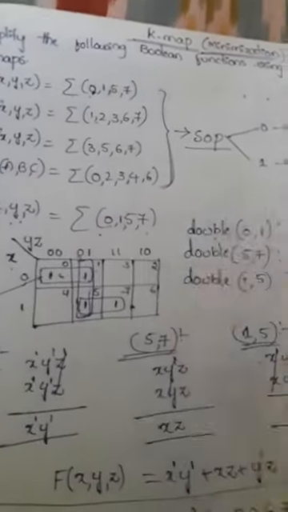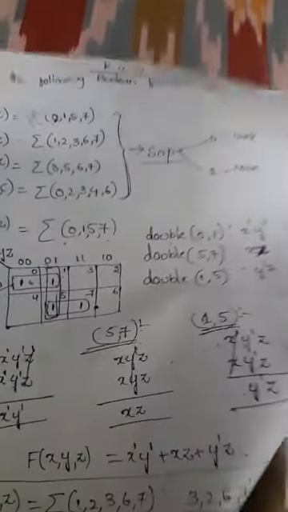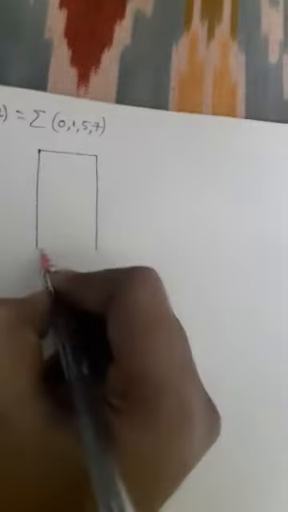Suppose you consider the K-map in vertical shape, how do we find it? What possibilities do we get and how do we group the cells? So now we'll see that. For 0 1 5 7, the first problem, I am considering the K-map as vertical, also a 3 variable K-map, consisting of 8 cells. But the possibilities change, that means here we have to consider one variable and here we have to consider the two variables.